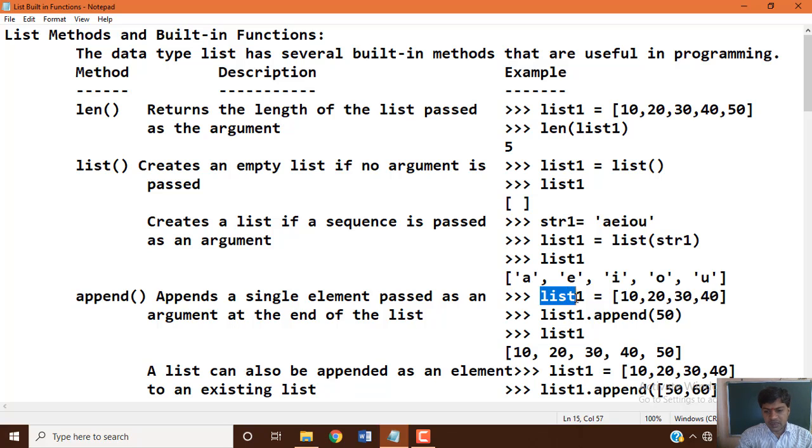We define the list1 variable and assign it four elements: 10, 20, 30, 40. Now we are going to apply the append function to this list variable.